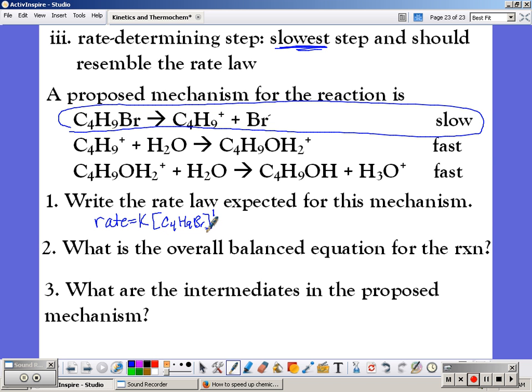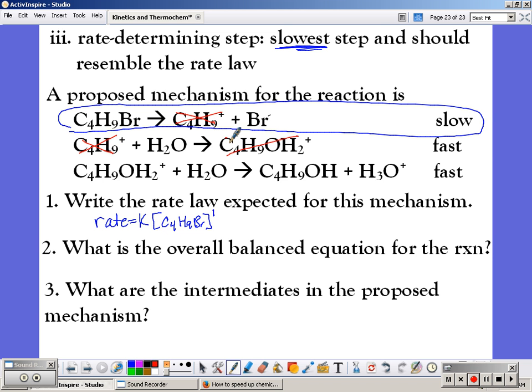What's the overall balanced equation for the reaction? So we're going to add all of these reactions together, combine them into one reaction. I have some duplicates though. I have some things that are reactants and products, and so they should cancel out. C4H9 plus cancels because it's a reactant and a product. And then so does